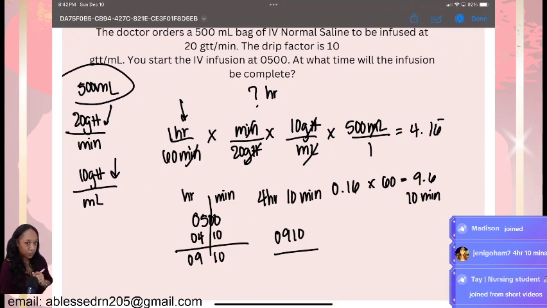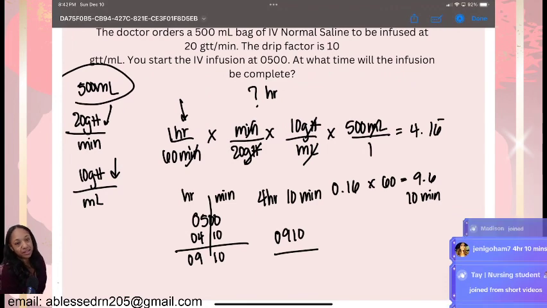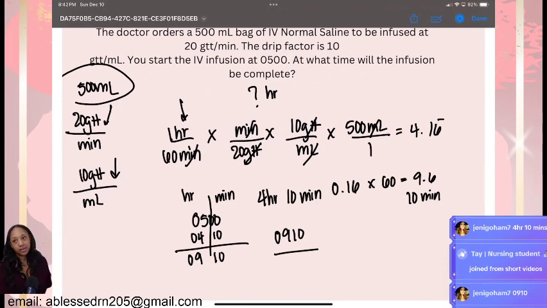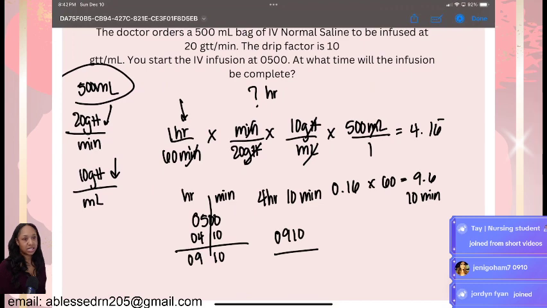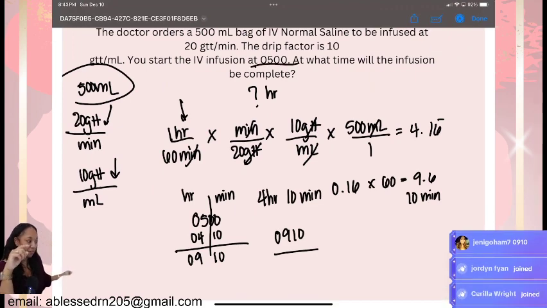Do I need to revisit this problem? This one was a little bit different because we used the gravity drop set instead of having milliliters per hour. But it's the same thing as long as you take your units and you make sure that you cross them out on the top and the bottom and that you get to your goal. In this case, we were just looking for hours. Everything else crossed out except for hours. We took our hours and the minute portion, which is behind the decimal, multiplied it by 60, and that gave us the exact time and minutes, and we added that to our starting time, which was 5 o'clock in the morning.